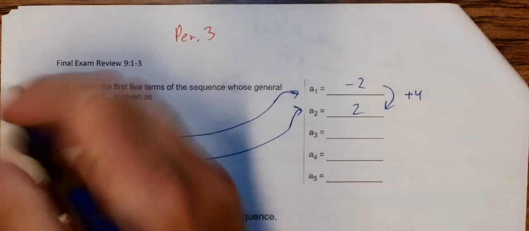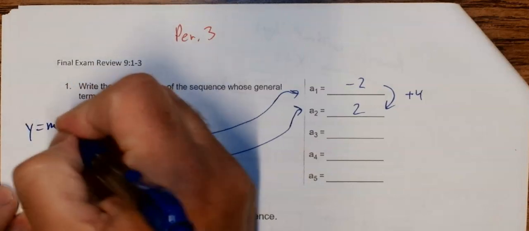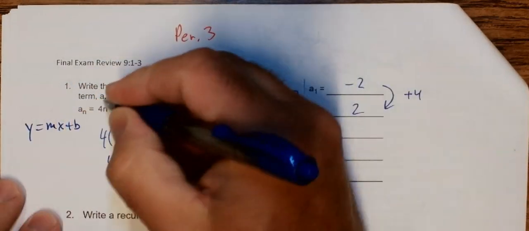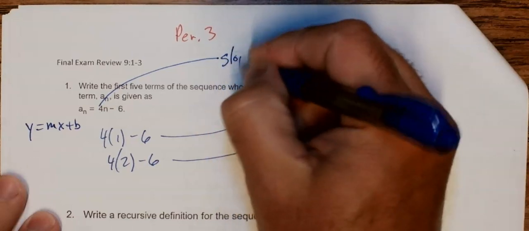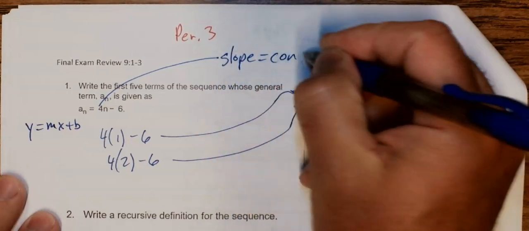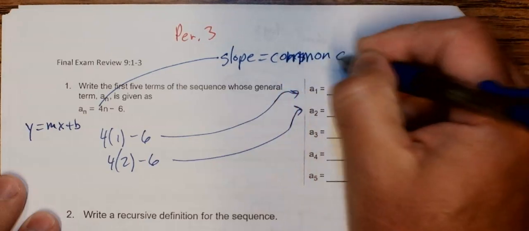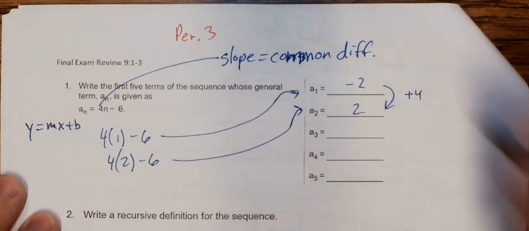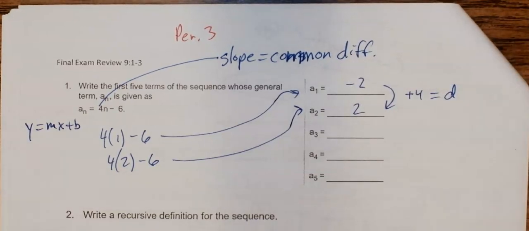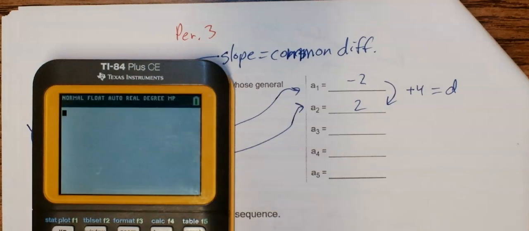Well, sure. This is a linear function, y equals mx plus b. We talked about how the slope is the same thing as the common difference. And that common difference in this particular case is 4. Now, I could continue plugging in 3, 4, 5. Or another way I could handle this question was what we taught you. If we start with the first term at -2, and we know that we're adding 4,